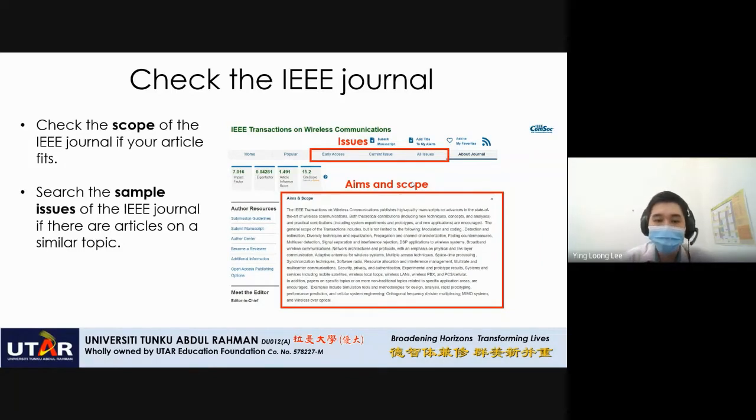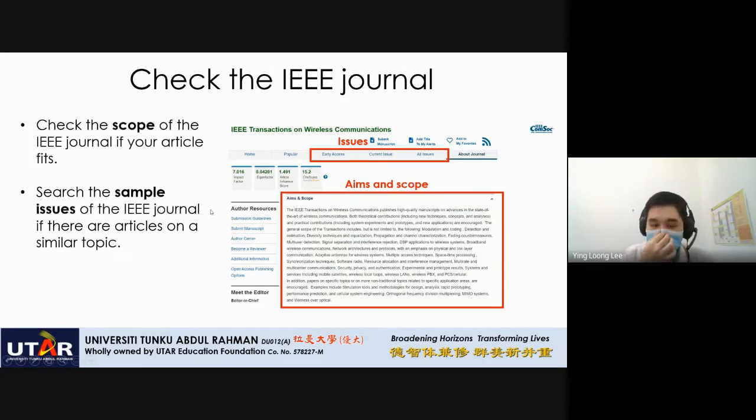So maybe 10 years ago, when you look at the paper, it seems that the contribution is not a large amount, right? But if you look at the recent papers, maybe the contribution that they have in the paper is becoming larger compared to maybe 5 years ago or 10 years ago, right? So it means that the quality required by the journal may be even larger. So you have to check, make sure your work has something like comparable contribution, so that you have a higher chance to get published in this journal.